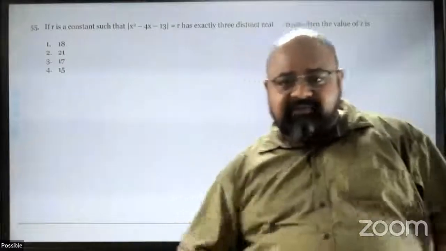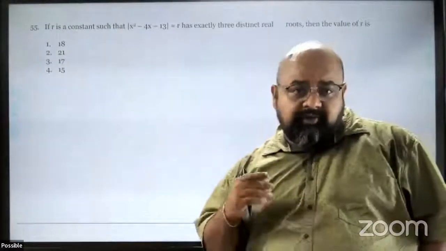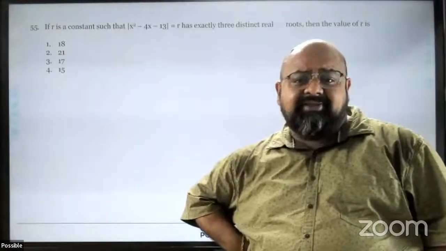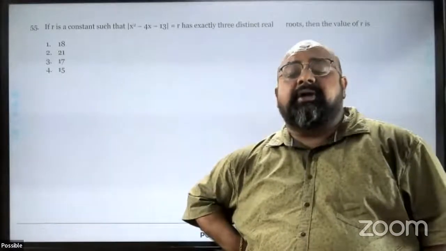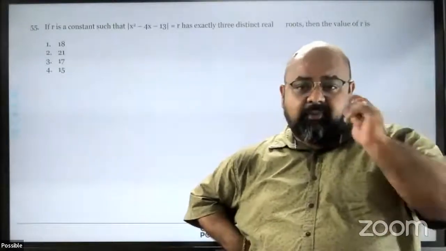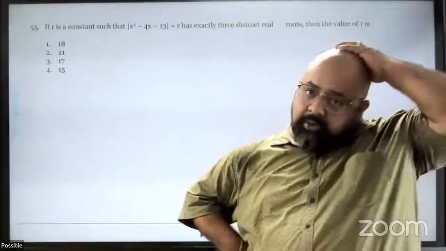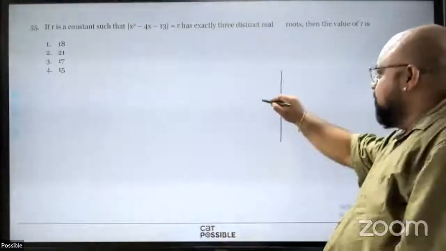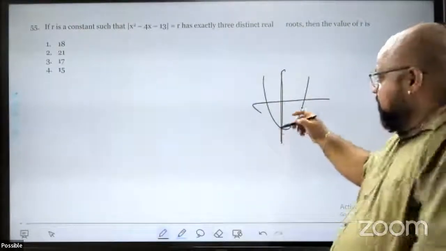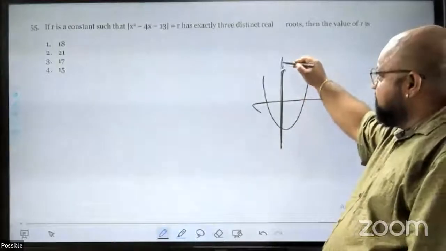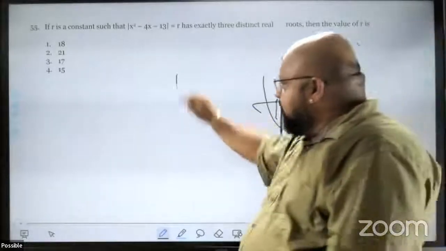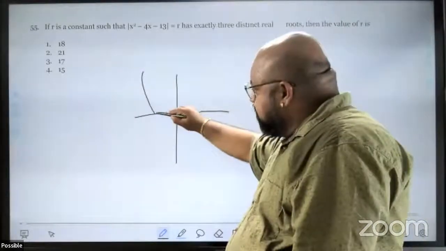Question 55 then, this is the 11th question. It reads, if r is a constant such that mod of x square minus 4x minus 3 is equal to r has exactly 3 distinct roots. Now, if you are drawing a graph of a modulus function which has a quadratic inside a modulus, basically a quadratic looks something like this, right? If I take the mod of it, this is fx. Fx will always be positive, so the negative part kind of inverts here, and therefore I'll get a graph which looks something like this,